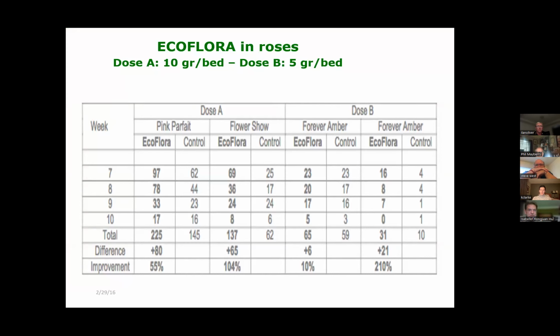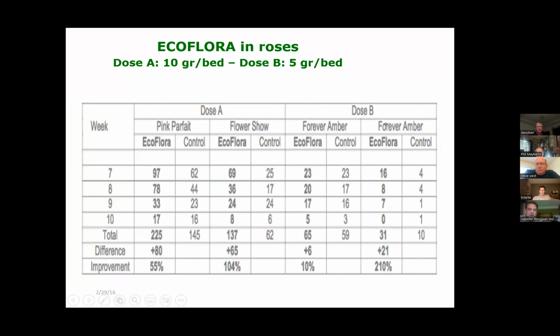This is in flowers. This is very old data. I like to show this because it shows the magnitude of the increments that you can get in systems. And it can be very, very substantial. As you can see, over 100% improvements. But if you look at the dose B, very low dose rate,